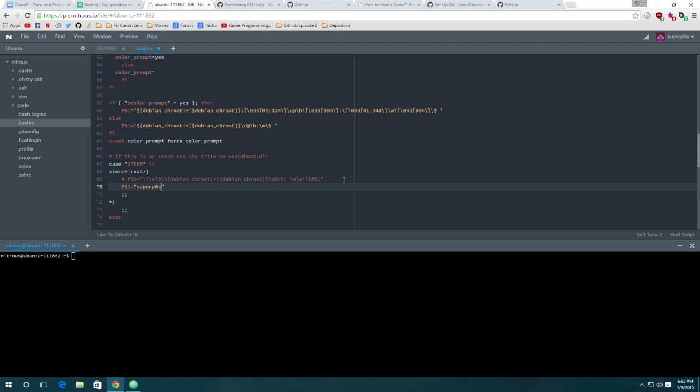So just type in your username, you can do your name, whatever you want to do. You can leave a little bit of that information there if you want. But personally, I like to do this. So do \W and then do the $ sign. The $ sign just lets us know that we're using a bash shell. And then,